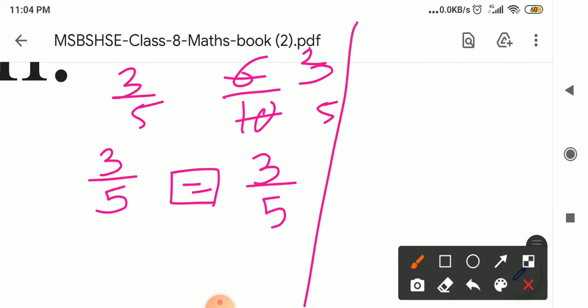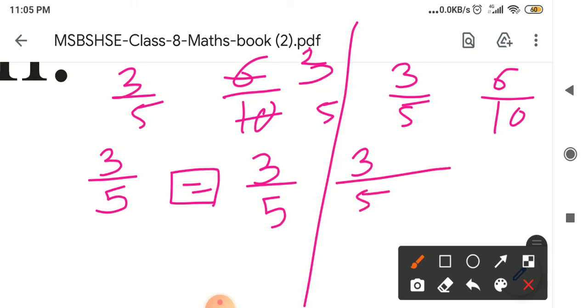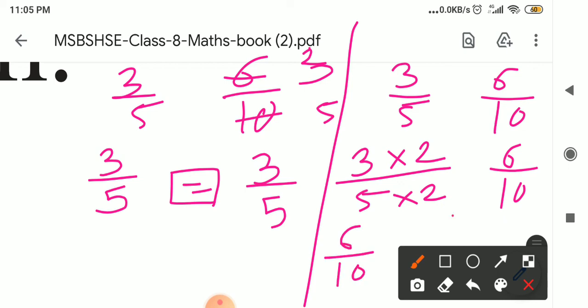Or, 3 upon 5 and here it is 6 upon 10. 5's table has 10 in it. So we have to convert the denominator into 10. We can convert it. So 10 is at which place in the table of 5? Second place. So multiply the first fraction with 2, and the second one remains as it is. It's not necessary to make changes. So 3 2's are 6, 5 2's are 10, and here also 6 upon 10. Here you get 6 upon 10 and 6 upon 10, and that's why both fractions are equal. Okay, that is the comparison of rational numbers.